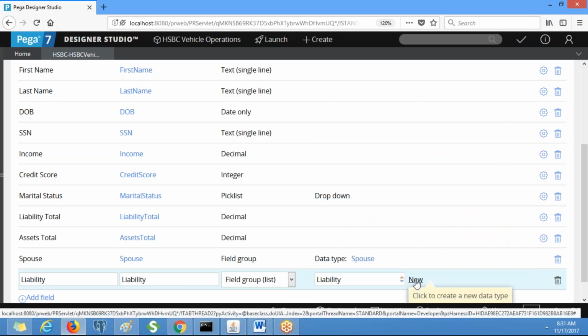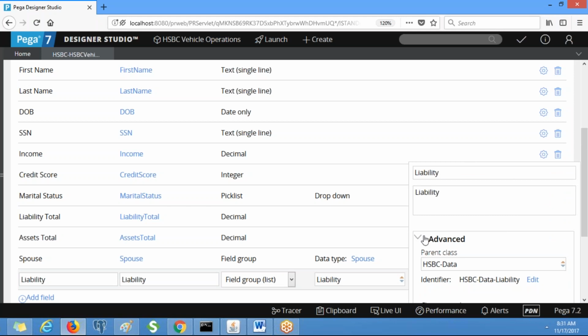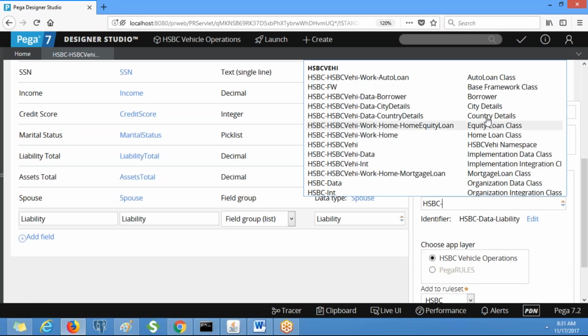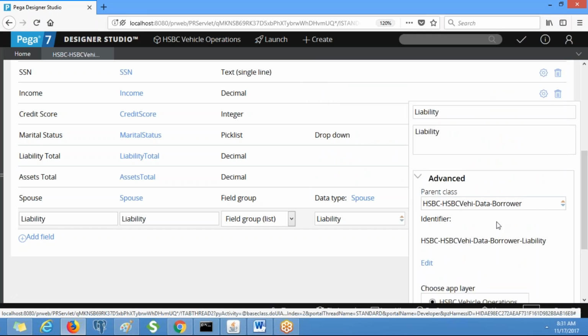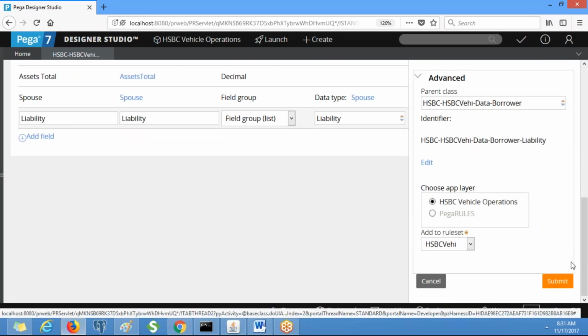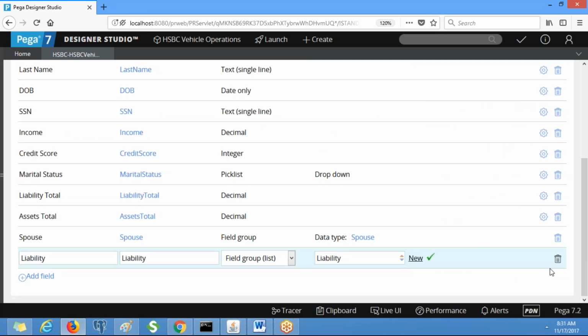Click on new. Here also put liability. This is the parent class of which class? Yeah, borrower class, not spouse. Click on submit. We can enter the properties later also.